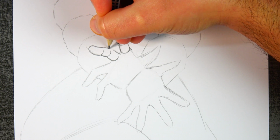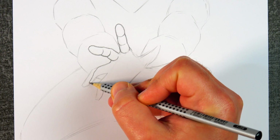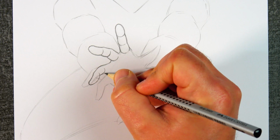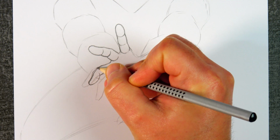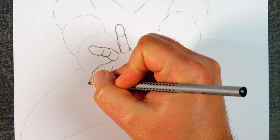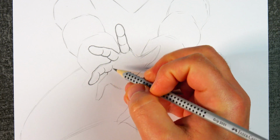So the fingers consist of 3 equal parts, and the palm of each hand is pressing together. And to not make the fingers look too stiff, we will draw each of them quite different. That means each finger is slightly pointing in a different direction. Some of them are very straight and some of them are quite bended, but still the hands are very wide open. So when you draw each finger in a quite different way, the hand will look way more dynamic and